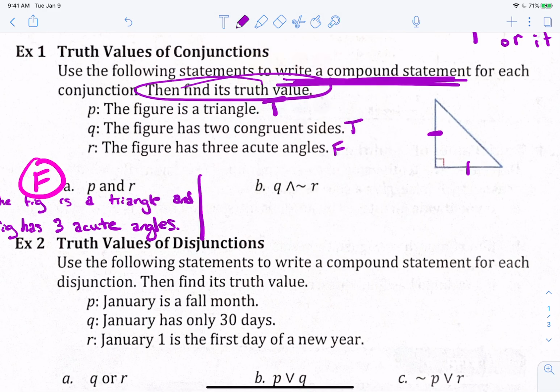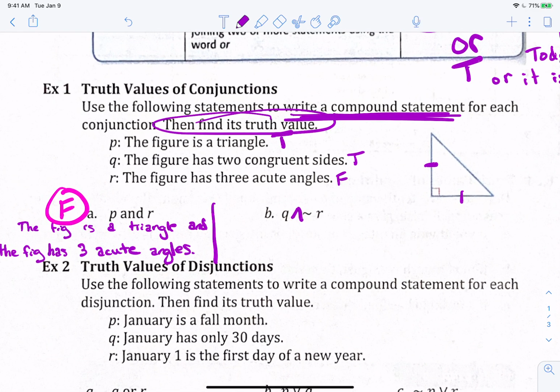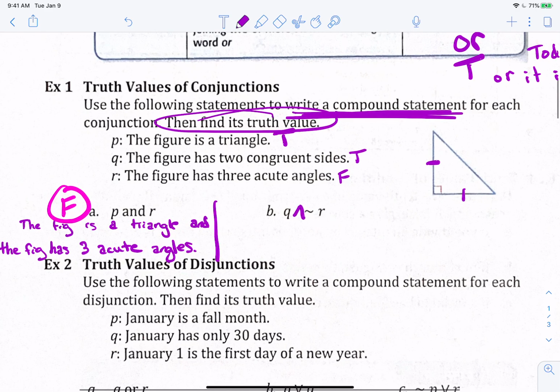Let's write out what that looks like. So what does this symbol mean? And, because it makes an A, right? So it's basically saying the thing that A was saying, but with an and. So Q starts with the figure has 2 congruent sides. The symbol for congruent is an equal sign with a squiggle over top of it. So if you don't want to write congruent, you can write the equal sign with a squiggle over top of it. The figure has 2 congruent sides,